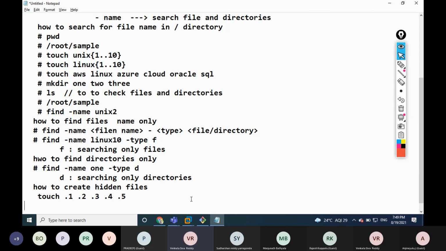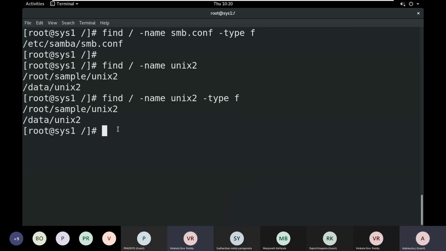So here I'm creating touch dot u1, dot u2, dot u3, dot u4, dot u5.